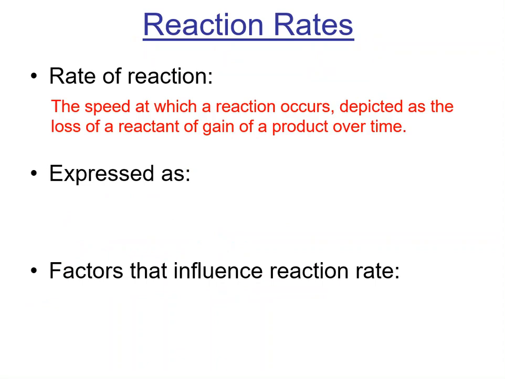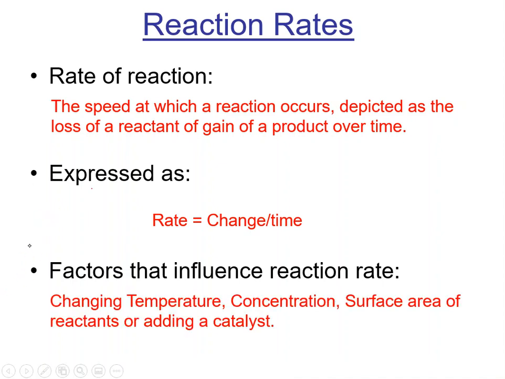So rate of reaction is just defined as the speed at which a reaction occurs with reference to the loss of a reactant or the gain of a product over time. So it's just the speed at which reactant concentrations decrease and product concentrations increase. It will always be expressed as some kind of change over time. And you actually have seen this. We refer to the rate of travel in a car or while we're running or whatever as miles